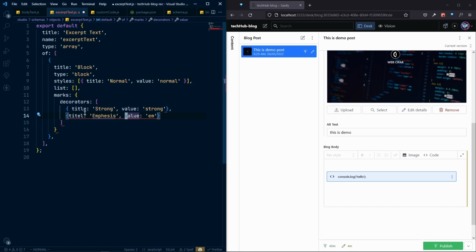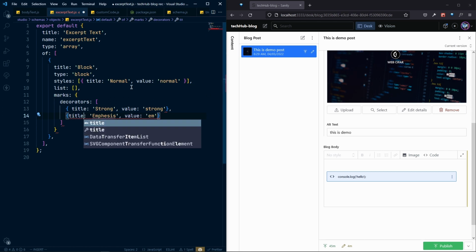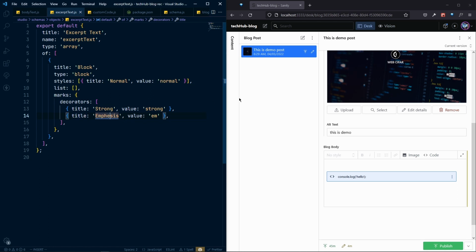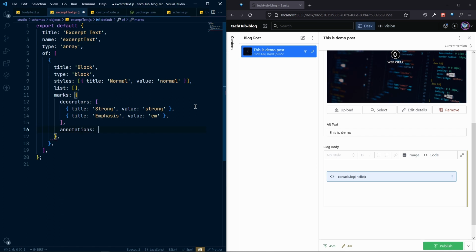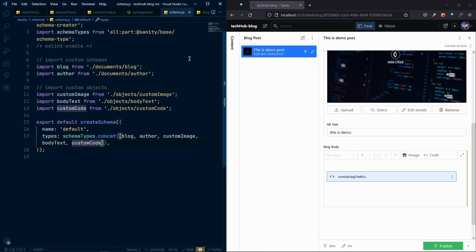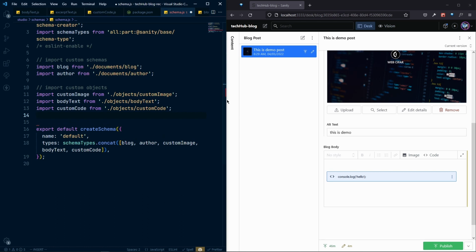So em is the HTML tag. Once we have the decorators, for the annotations, we do not have any kind of annotations for this one. So that's it, a simple block where we will have only strong and emphasis decorators, and also the normal text. That's what we want for the excerpt. So let's list this thing in our schema.js. So import